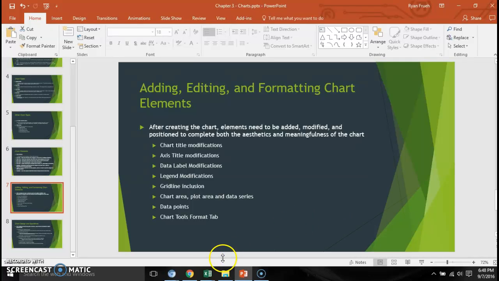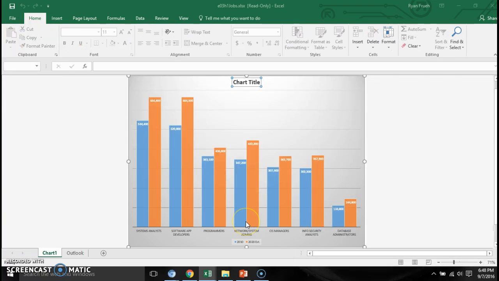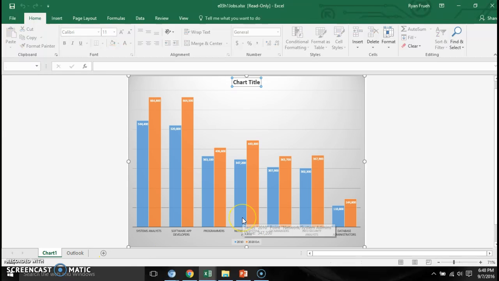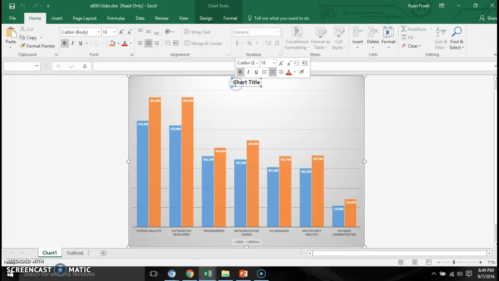So let's go ahead and go back to our chart that we have created. This is the same chart that we used in the first video. Again, we have our data series here. We've created a standard column chart. So we're going to look at formatting the chart title. In this particular instance, you double click on the chart title. You can go to the end of the chart title and select the text in there, and you can type in